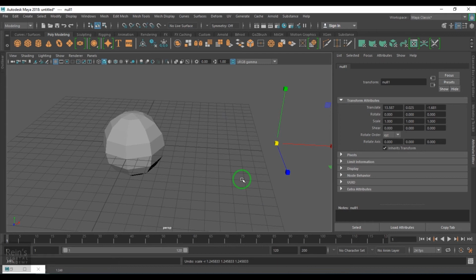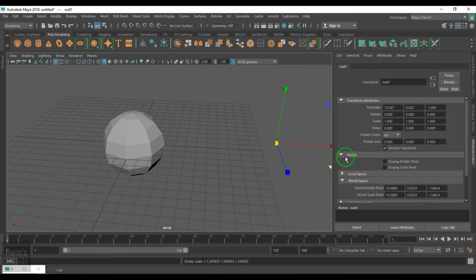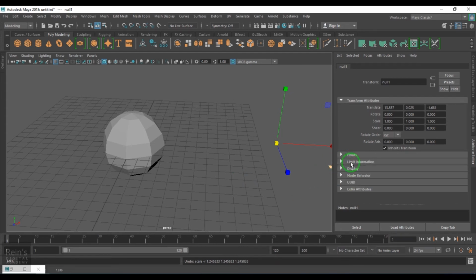A transform node helps transform the object, like translation, rotation, scale, shear, etc. It also allows me to change the orientation of the axis, and we have a lot of other options down there if you want to explore that.